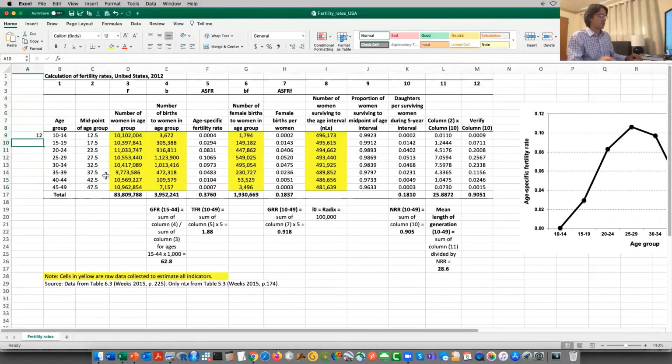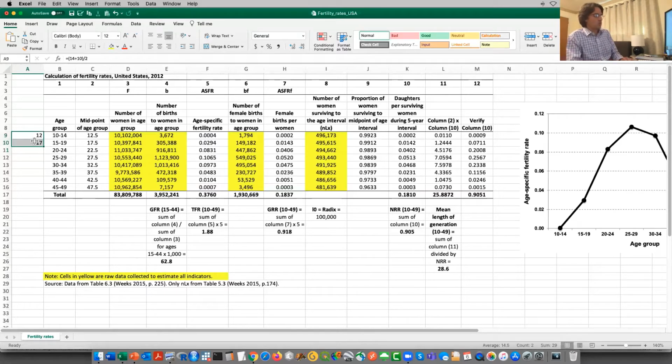And the same thing for these ones here. You just get 15 plus 19 divided by 2, and then you get 17 and you add 0.5 to reach the midpoint of the age group. All the cells here highlighted in yellow are raw data that we got from other sources. So this is the same thing that we did for Brazil, in the example for the Excel spreadsheet